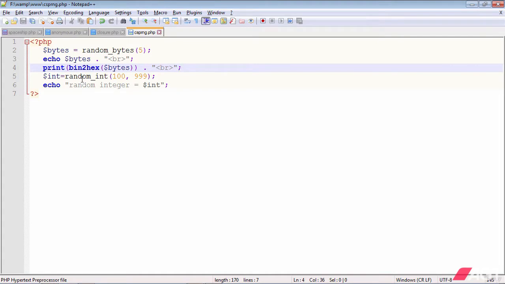And the second function is random int. This is the minimum value and maximum value in between which a random integer number will be generated, and its value will be stored in this variable that you can print it out. So these are the two functions for generating pseudo random numbers which are secure as far as the cryptography is concerned. So let us run this,